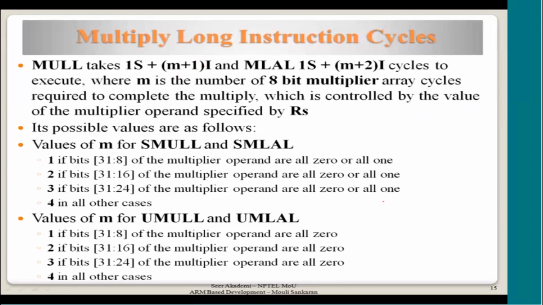Okay, so these values are similar to the values that you have given in the multiplier, whether they are significant or not. Based on that, it takes so much time, and again it depends on the multiplier only, nothing on the multiplicand. It doesn't depend on the multiplicand or the offset or whatever addition is being done. Okay,